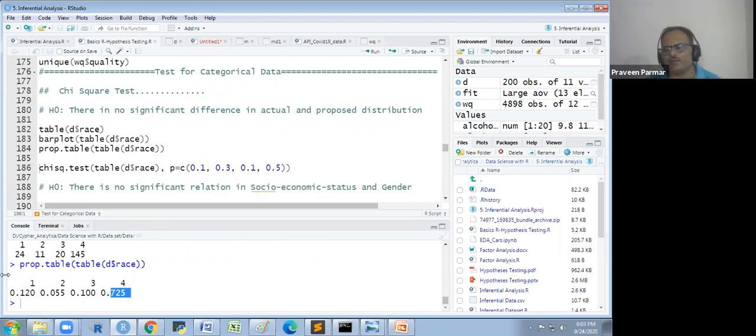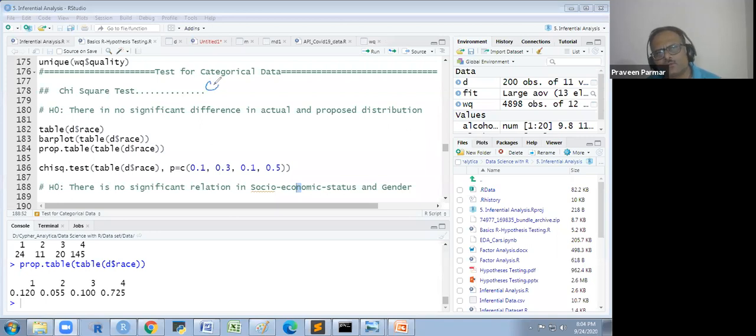Suppose hypothetically we are taking it's not a race here for this example. I take it as a caste category, okay, not race. So one is for ST, two for SC, three for other backward class, and fourth for general. Does that make sense to everyone?